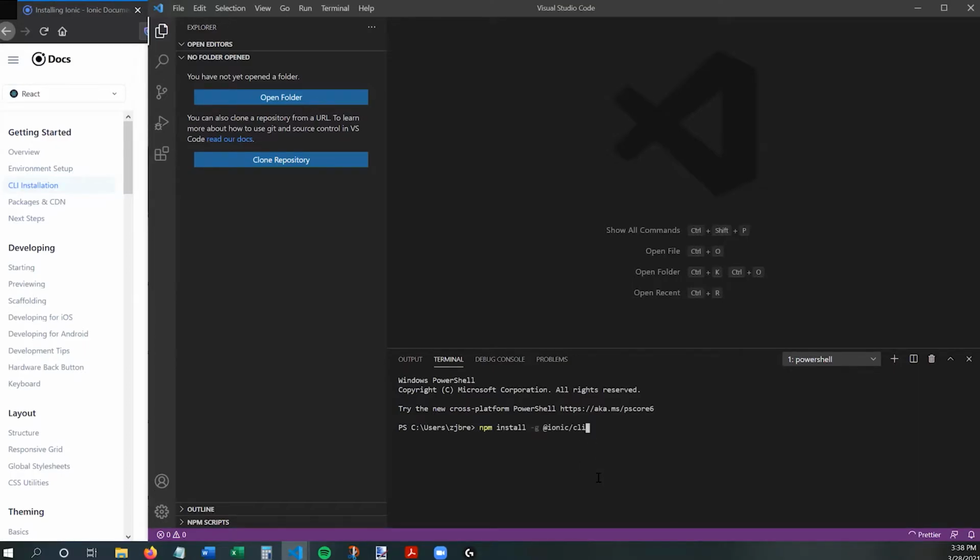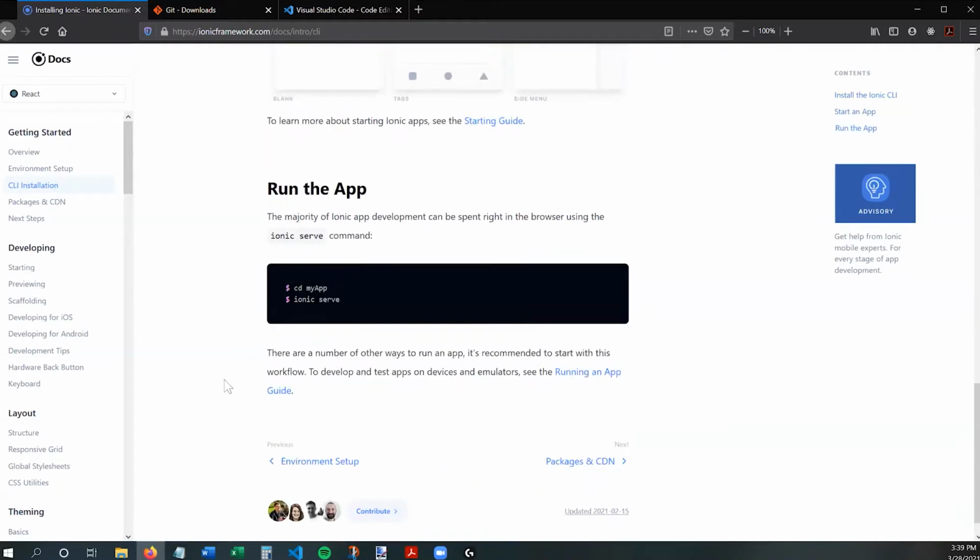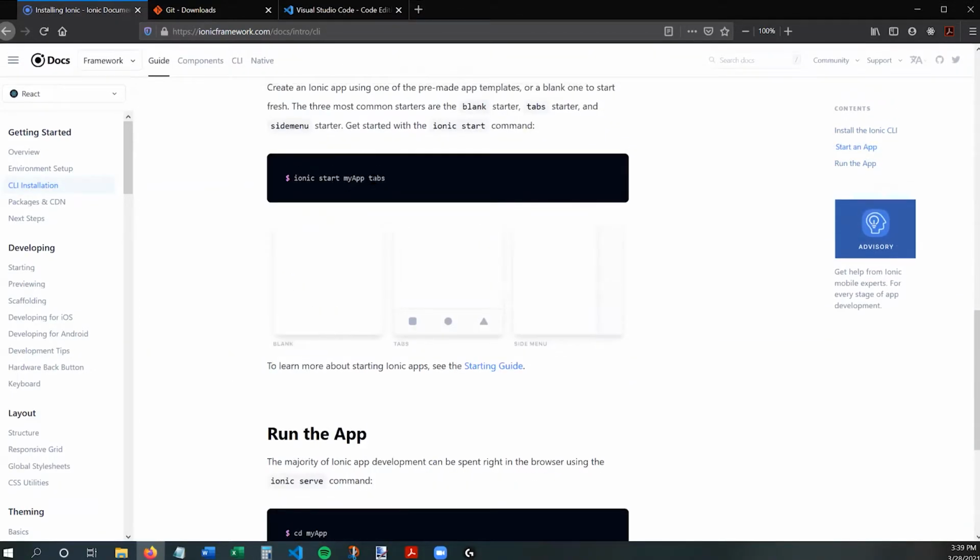So you're going to do that. I'm not going to run it right now because I've already run it. But you just run that and it installs Ionic globally. All right, and then it tells you how to start an app. Now then, there's different ways to start an app. This tells you ionic start myApp tabs, which will give you an app that has some tab components already in it. But if you just leave off the tabs part and you just say ionic start